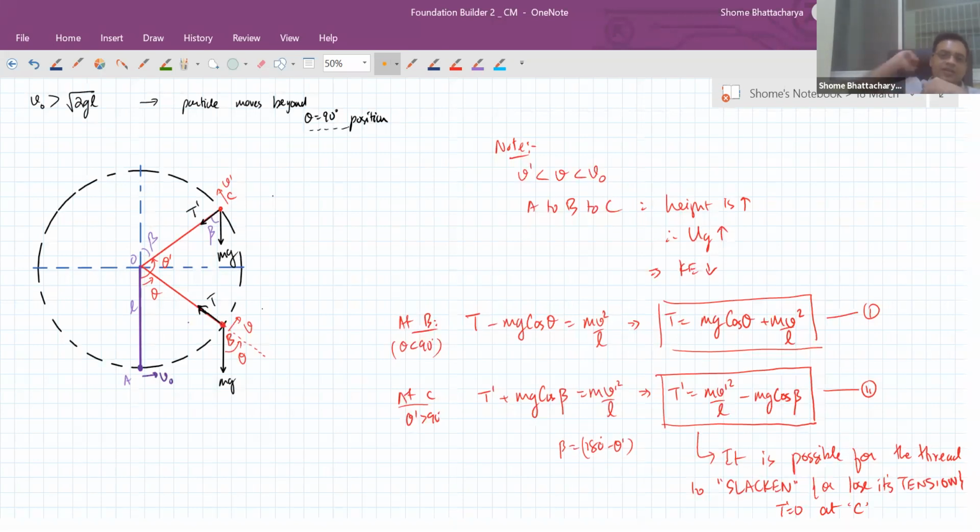Actually, Bhavesh, what is happening is that the tangential acceleration is not helping, it is in fact going against us, because tangentially the particle is decelerating. So what we want now is that the centripetal acceleration v prime square by L should be very large. So v prime should be large so that the tension does not become zero. And for v prime to be large, ultimately what has to be large? v naught has to be large at the lowest position. The more kinetic energy I give at the point A, the more there is the possibility that at the point C there is enough speed which is generating enough centripetal force so that the tension is not becoming zero. You understanding the point, Venkata?